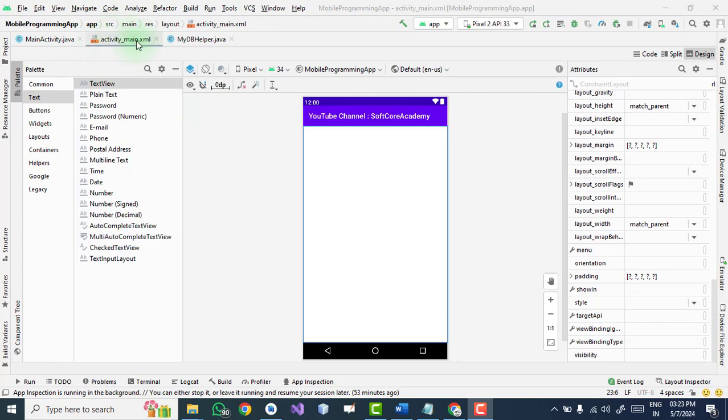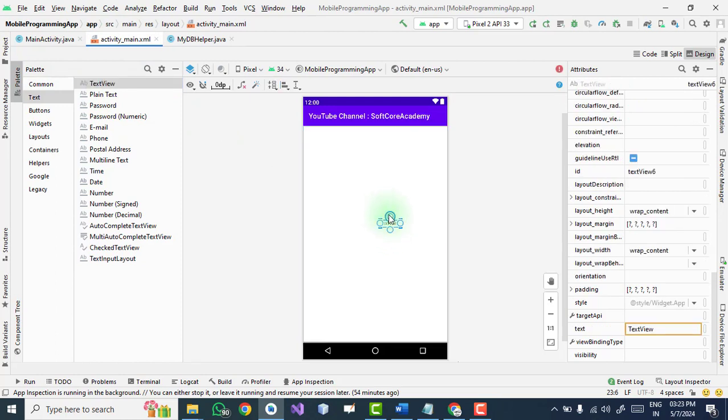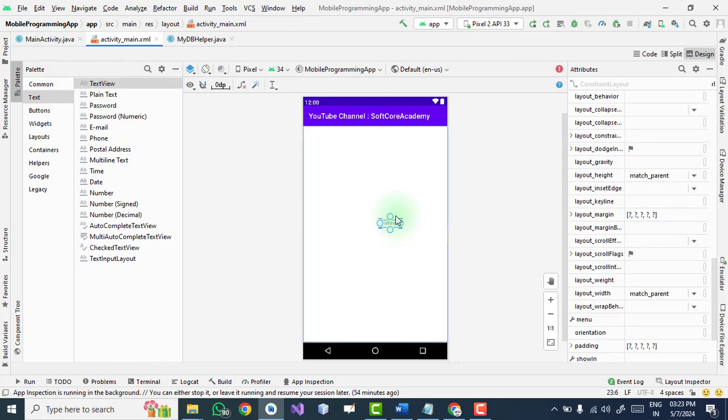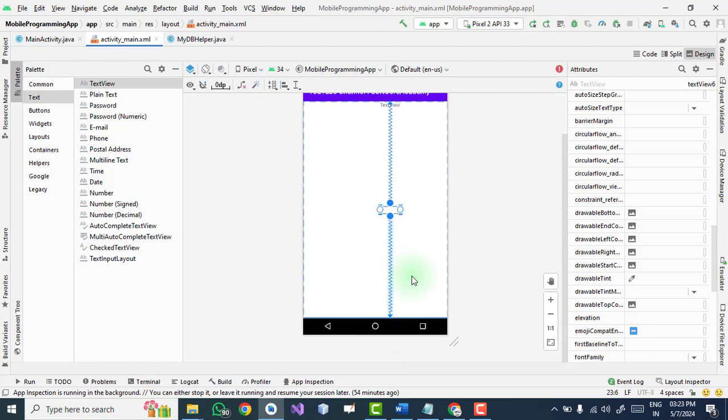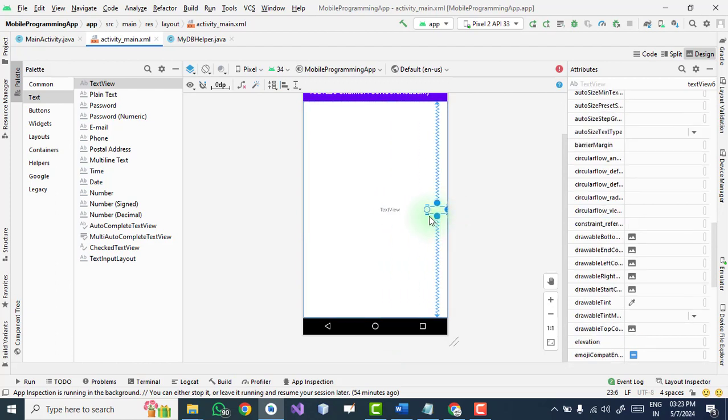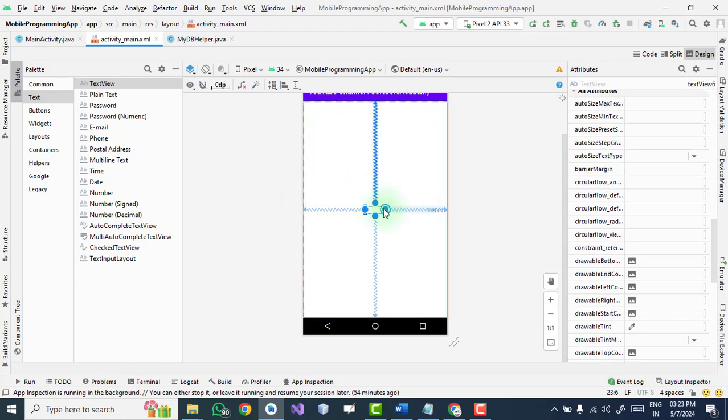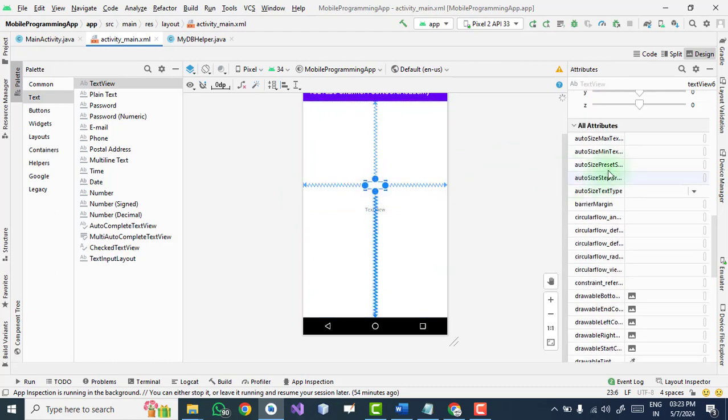Now go to the activity_main, then text. Just drag and drop the text view, and then since we are using a constraint layout we just attach these constraints so that we can place the text view anywhere on the screen. So now this is my text view.